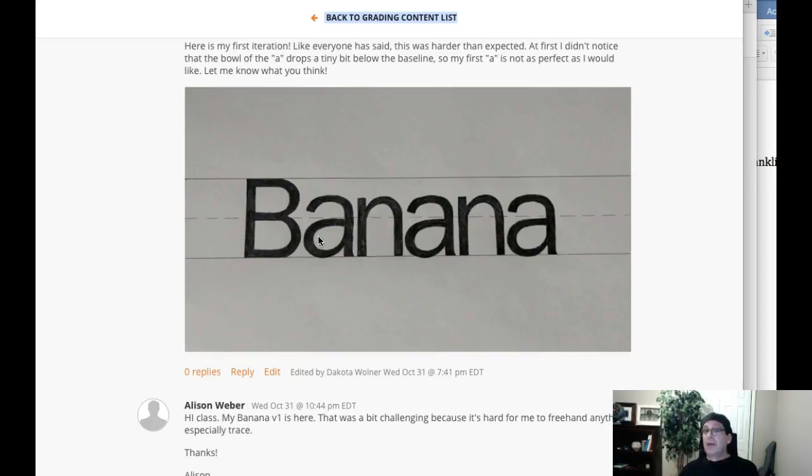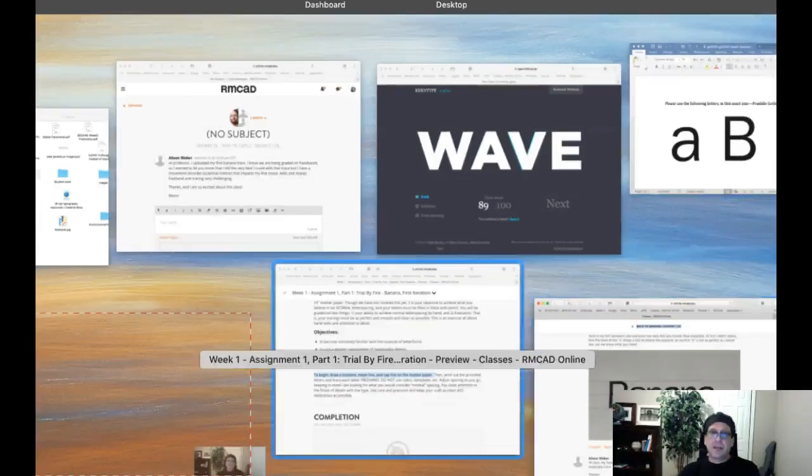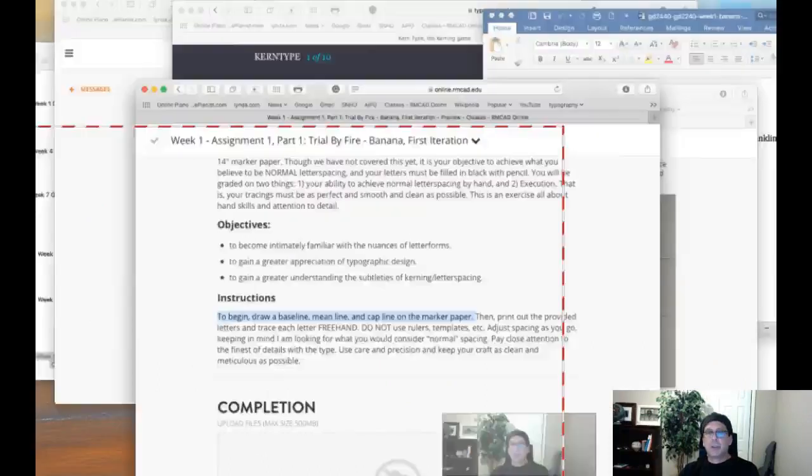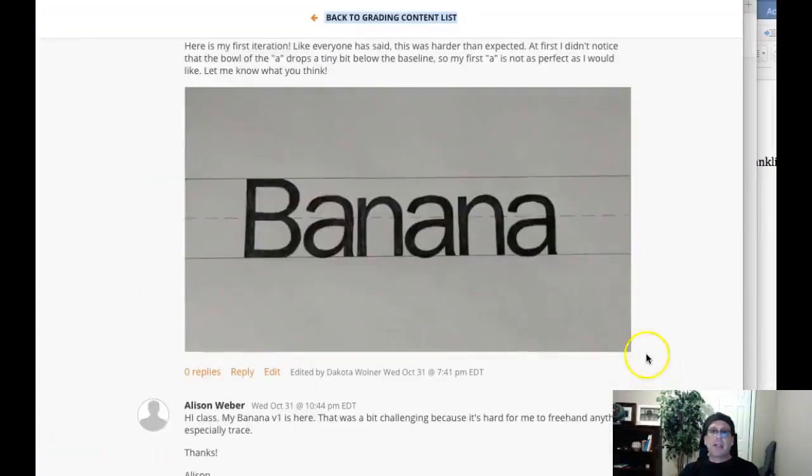I know a few students have contacted me and said, hey, wait a second, this doesn't really make sense because according to our reading, mean line isn't a constant. It's a variable based on the typeface. And that's very, very true, right? So hopefully you came across that in your writing. I see you drew the mean line first, but what you want to do in your next rendition is this,